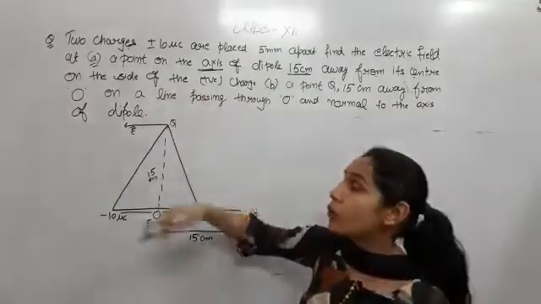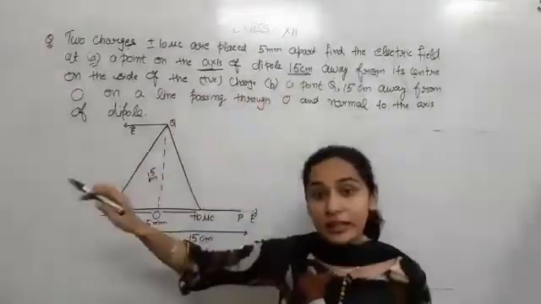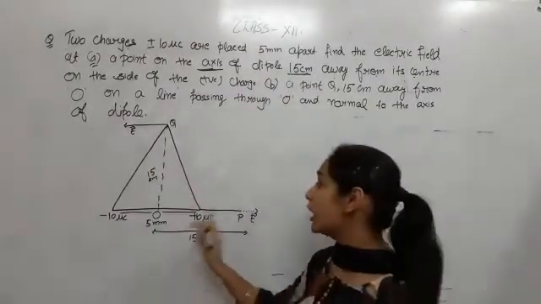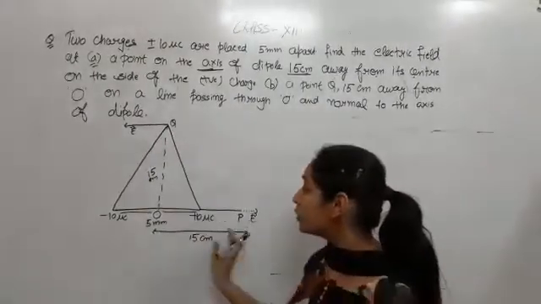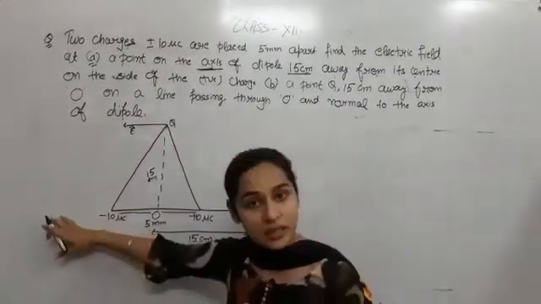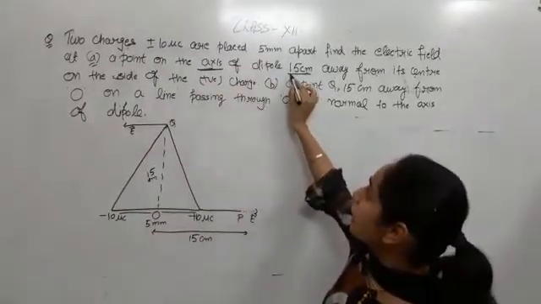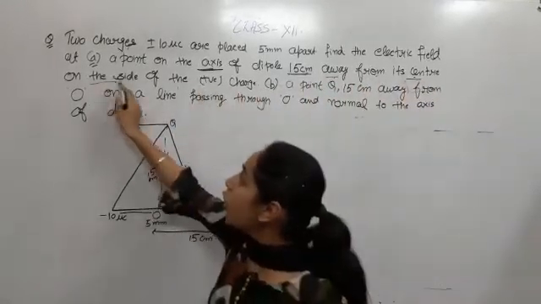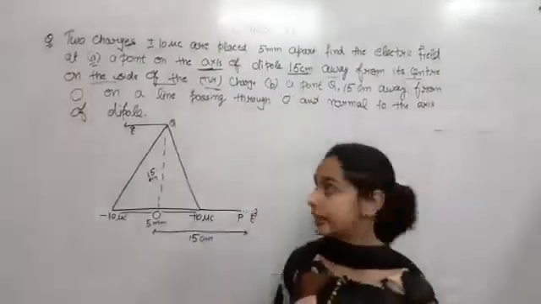Now they have given more clear information that this distance we are taking on the side of the positive charge. Otherwise you can ask this also, that ma'am, why have we not taken this 15 centimeter on this side? No, because they have clearly mentioned that it is 15 centimeter away from its center on the side of the positive charge. Clear till here?